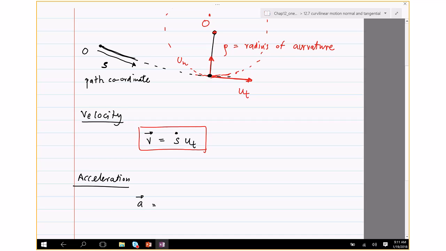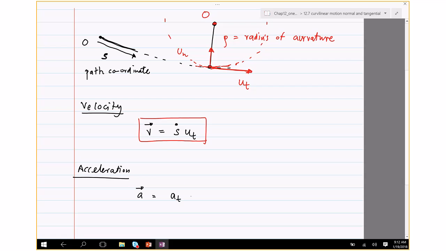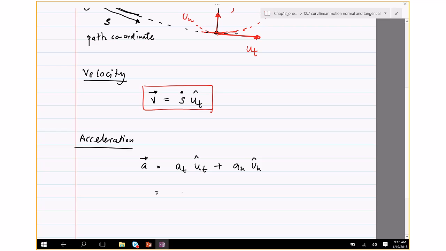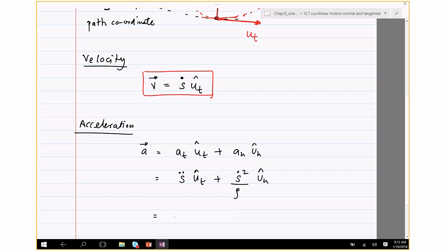The acceleration in this coordinate frame is given by two components. There is a component in the ut direction, and there's a component in the un direction. So what are those components? The tangential component is simply the second derivative of s, which I wrote down earlier. And the normal component is given by s dot squared divided by rho. You can also write this as v times ut plus v squared divided by rho,